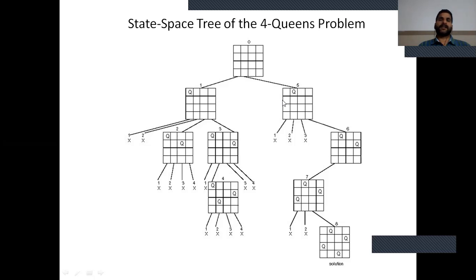If we place it in column 1, it is diagonally attacked, therefore backtrack. If placed in column 2, same column, then backtrack. If placed in column 3, diagonally attacked, then backtrack.